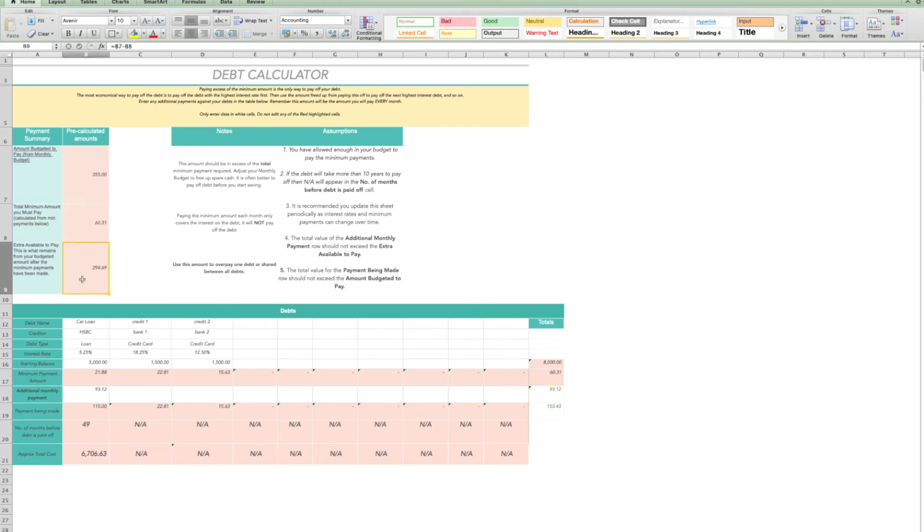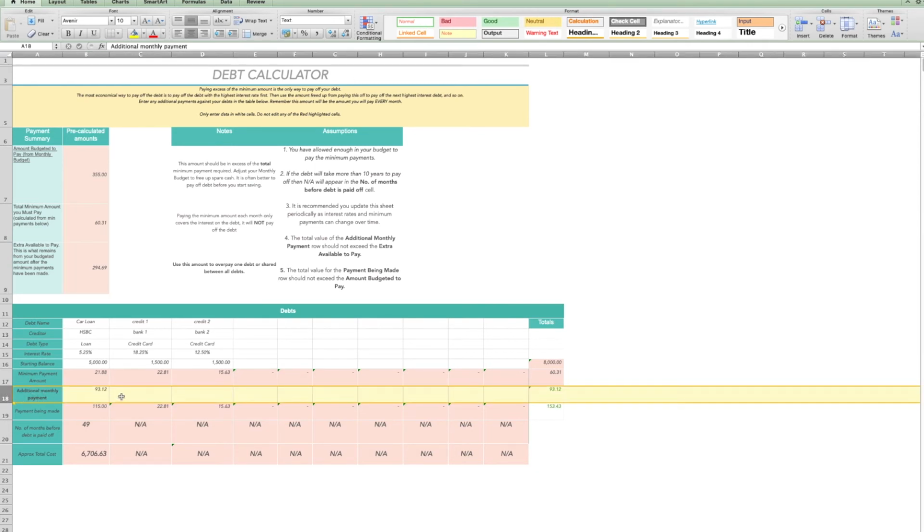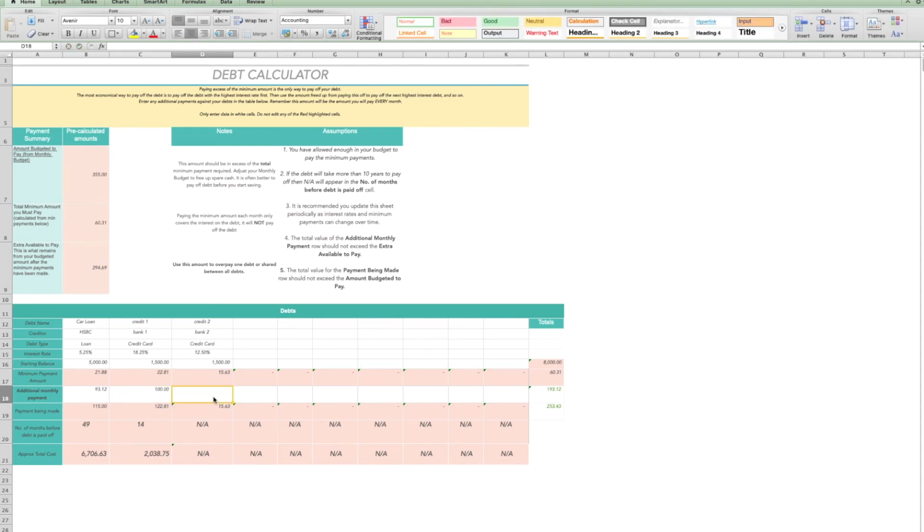So what that's looking at is £294 we have available to pay off the debts. Now that's in total for all of the debts. Now we've already allocated £93.12 there, so we've got roughly £200 left to spend on the other two debts. So if I just put in £100 in both of those,